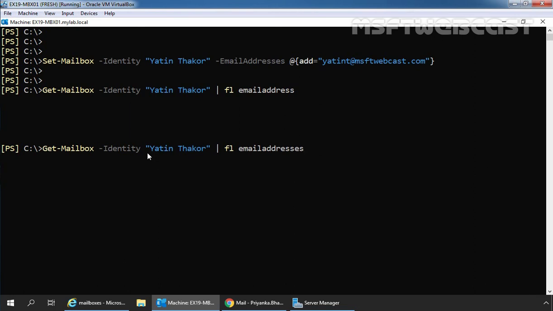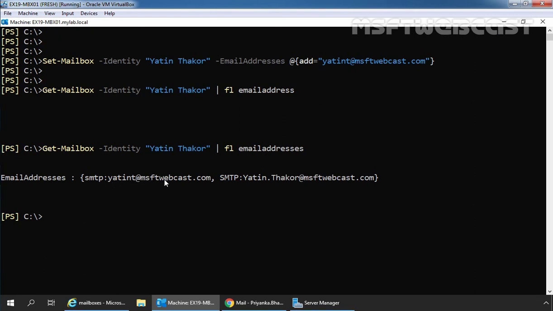I think it is EmailAddresses. Okay, here we can see the email addresses for our user mailbox Yatin Thakur: yatint@msftwebcast.com, and this is the primary one, yatin.thakur@msftwebcast.com. So from the output of the cmdlet, we can verify that we have successfully added an alias email address to our user mailbox Yatin Thakur using Set-Mailbox.